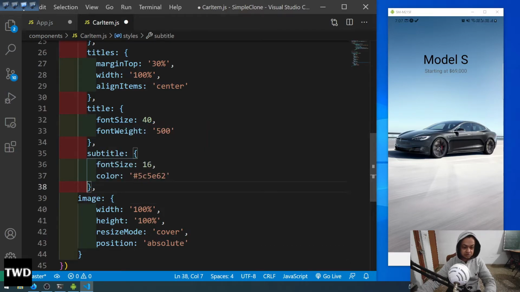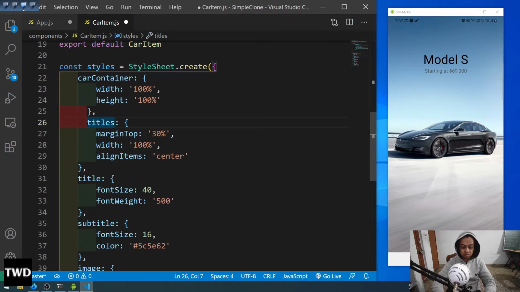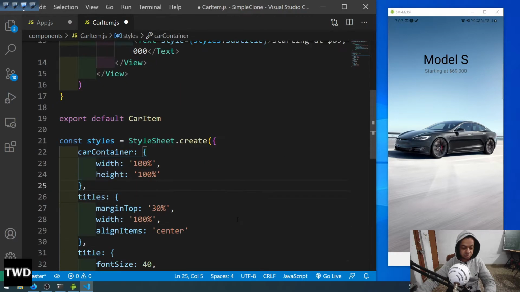I don't like this reds. They are telling that I have some issue, so let me fix it. Because okay, so this is done. Save it,